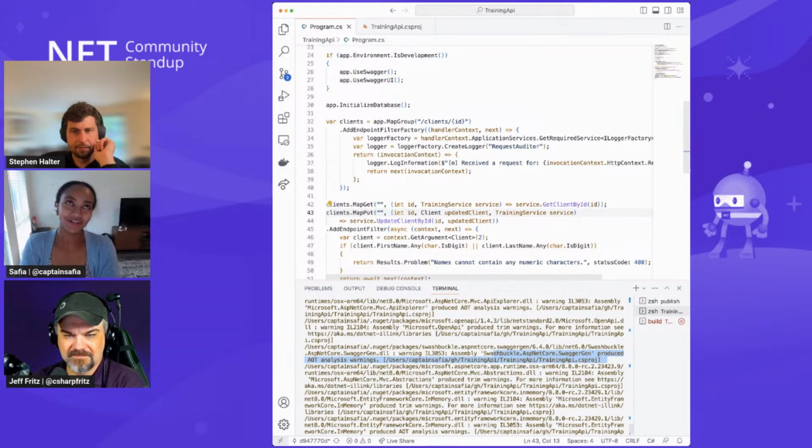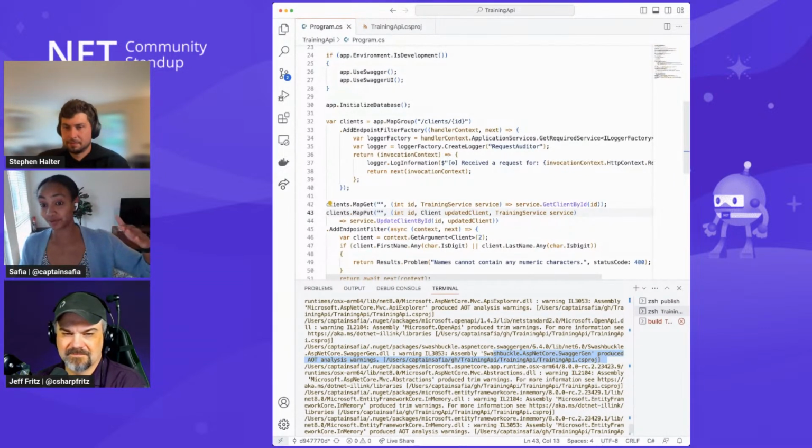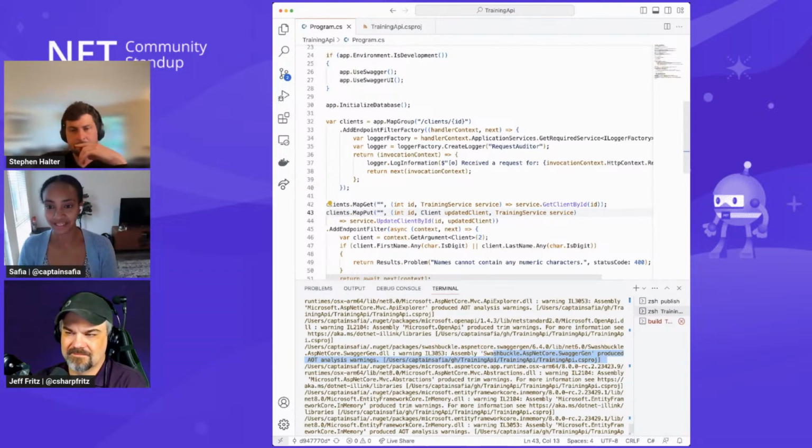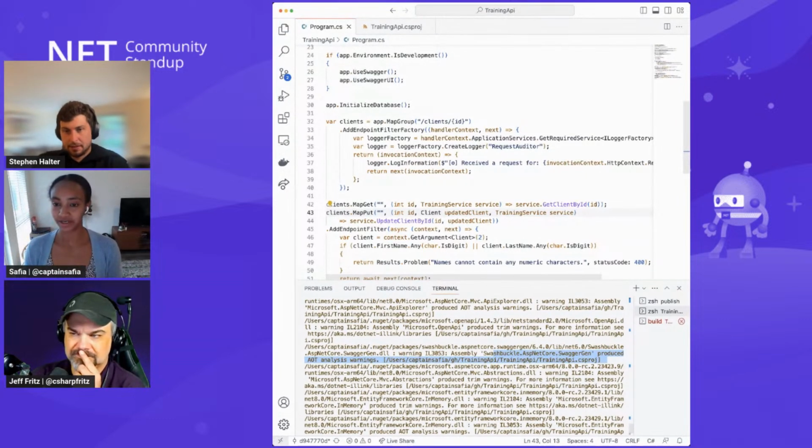It's not inherently trim or native AoT friendly for much of the same reasons that the minimal API layer is not, which is that we need to use reflection to understand the parameters that are provided to our endpoints in order to be able to produce an Open API document that represents them. So this is one of the first things we'll encounter that we don't have a super neat solution for at the moment, like we do where you can just enable the request delegate generator and things will magically work in your application.